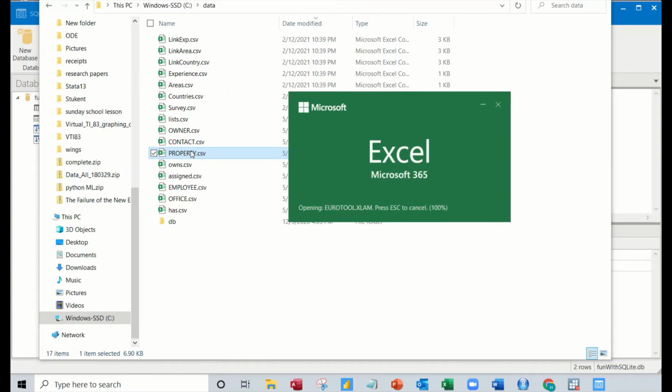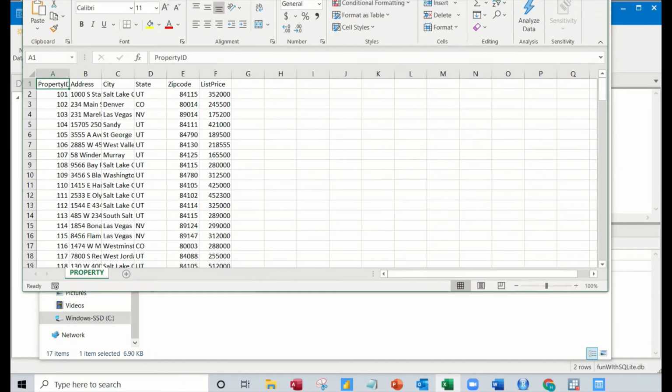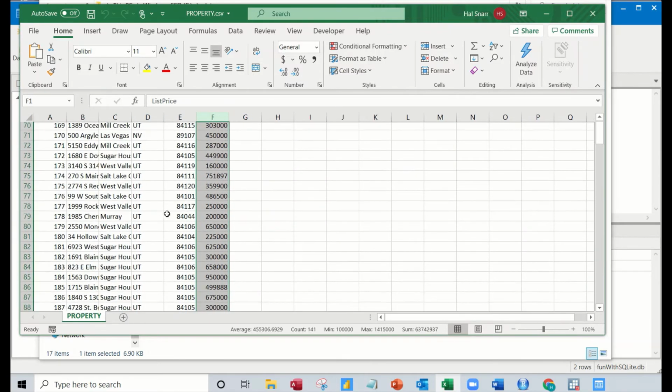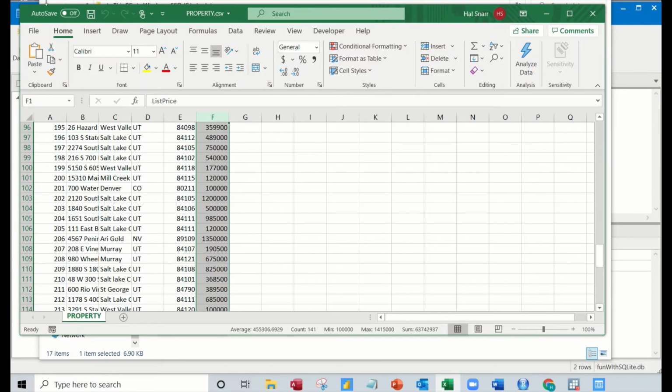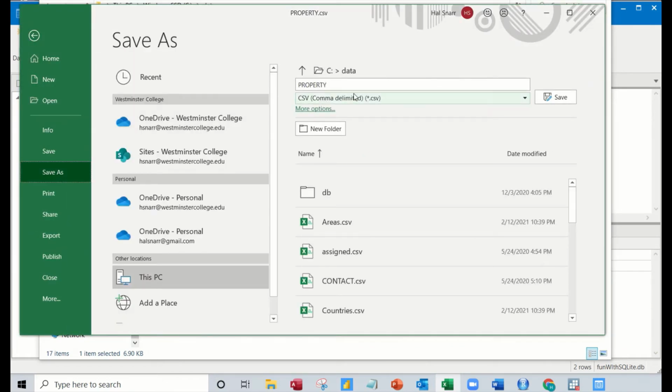This data actually came from a student project. And you can see we got property ID, address, city, state, zip code, and then we have list price for a lot of different properties, right? And it's saved as a comma separated value file, right? It's a flat file, right? There's no way to import it into